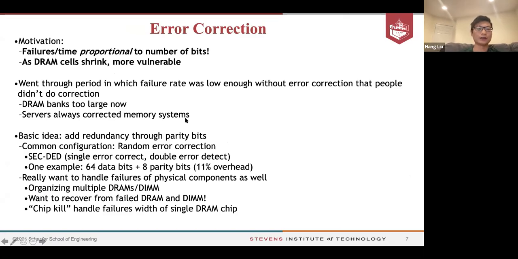Error correction. The motivation is that failures will happen, right? As DRAM cells shrink, they become more vulnerable. We went through a period in which failure rates were low enough that, without error correction, people did not really experience a lot of errors. DRAM banks are too large now, and servers always use error-correcting memory systems. So the basic idea is we need to add redundancy. For instance,